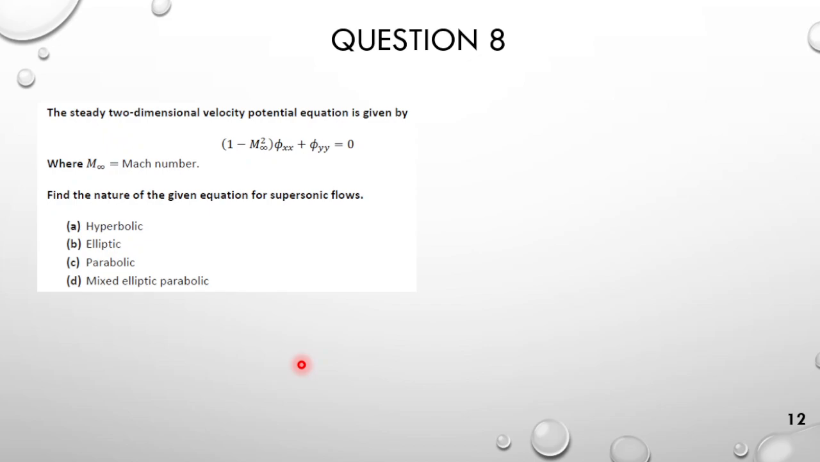Now the question asked is, what is the nature of the given equation for supersonic flows, which means M is greater than 1, which means 1 minus M square is less than 0, that is, it is negative. Okay, because M is greater than 1. So 1 minus M square will be negative. So in that case,